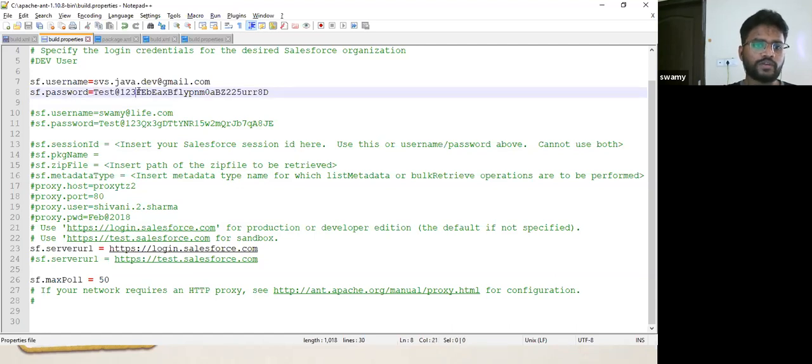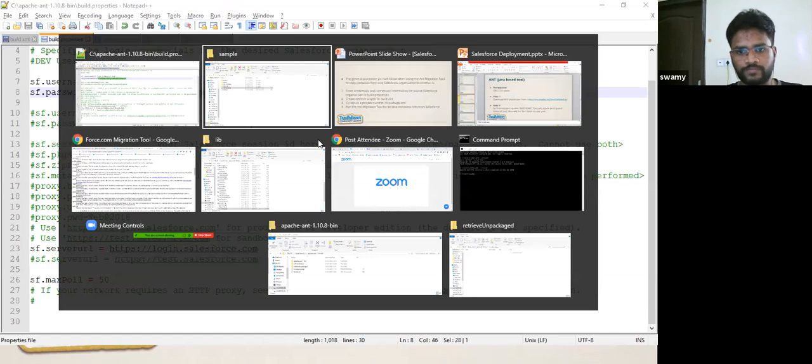And what is the rest of the thing? This is called the security token that you have to put while you are connecting to different organizations. This can be excluded if you are using certain IP ranges, but that is not a practical case. Still, for practice, you can use IP ranges as well. In that case, if you provide the IP range, you don't have to use the security token. Otherwise, you must use this security token. And where you will find the security token, I'll also show you.